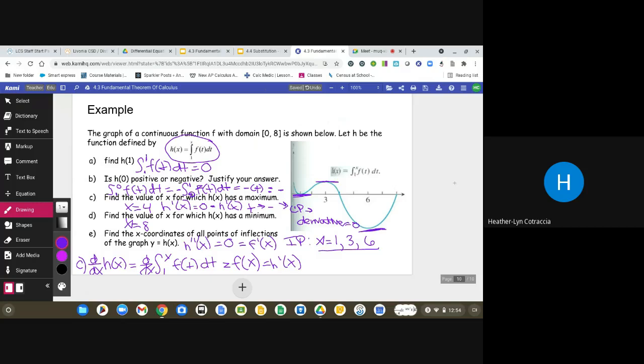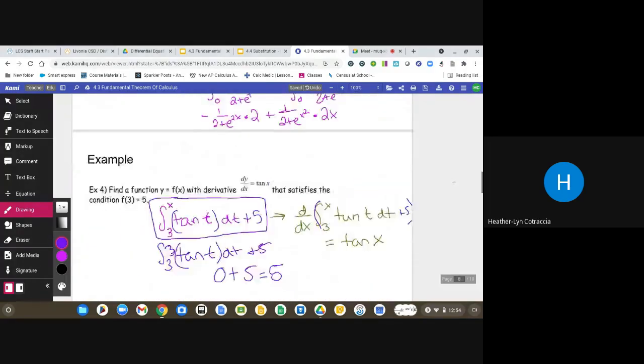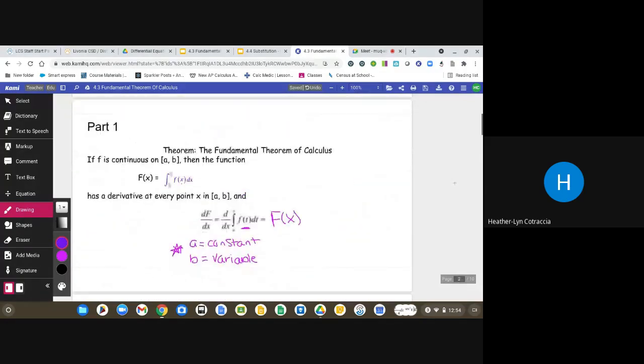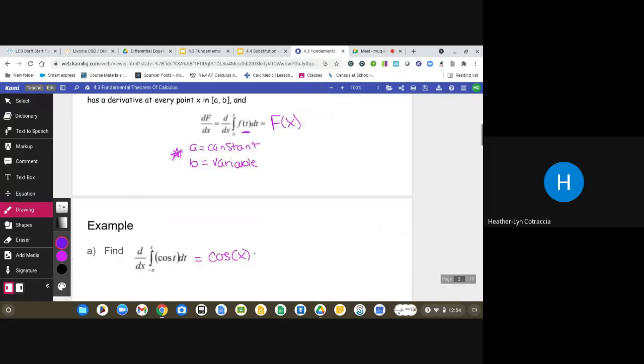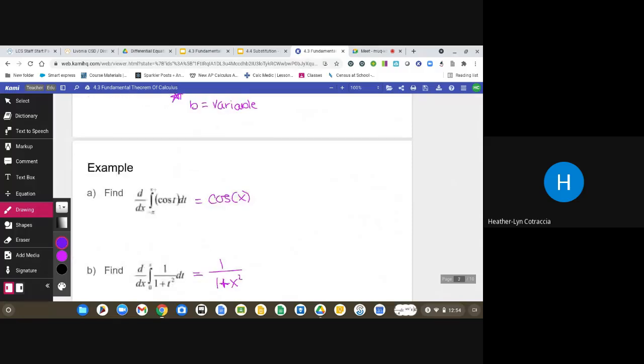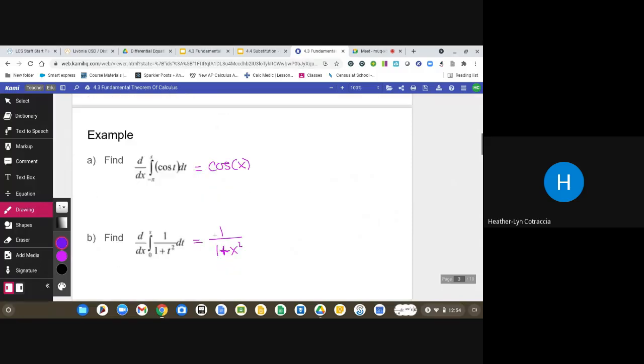So, fundamental theorem of calculus, part 1 and part 2. So part 1, if I can scroll back up here to the top, basically just says you can take a derivative of an antiderivative and you get the function back. Now that's only true if there's a constant as your lower bound and a variable as your upper bound. If those are switched, then you need to switch your bounds using a negative, and you may also need to use a chain rule substitution